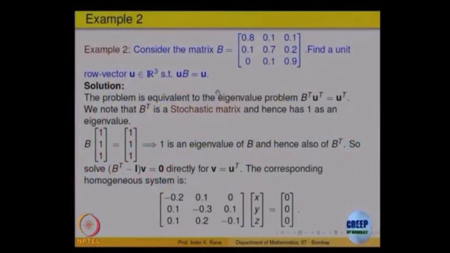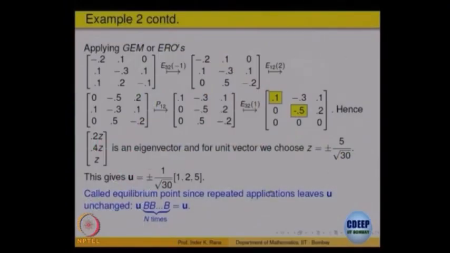So, here 1 is an eigenvalue, so you look at B transpose, so (B transpose minus 1 I) V equal to 0, solve that system. That will give you the vector V, and what is that vector V? That is the transpose of the vector u that you are looking for, right. So, this was basically just brought in to say that the determinant of A is the same as the determinant of A transpose, and that can be used in finding eigenvalues of the matrix.